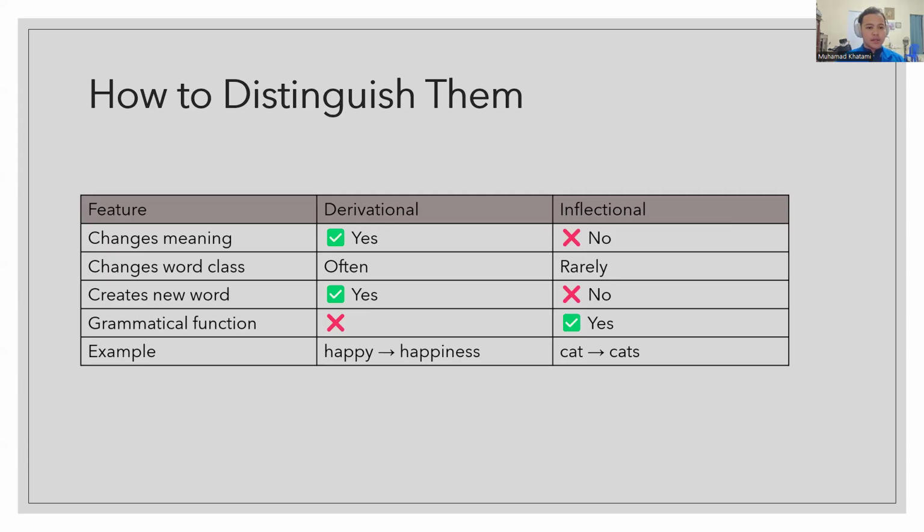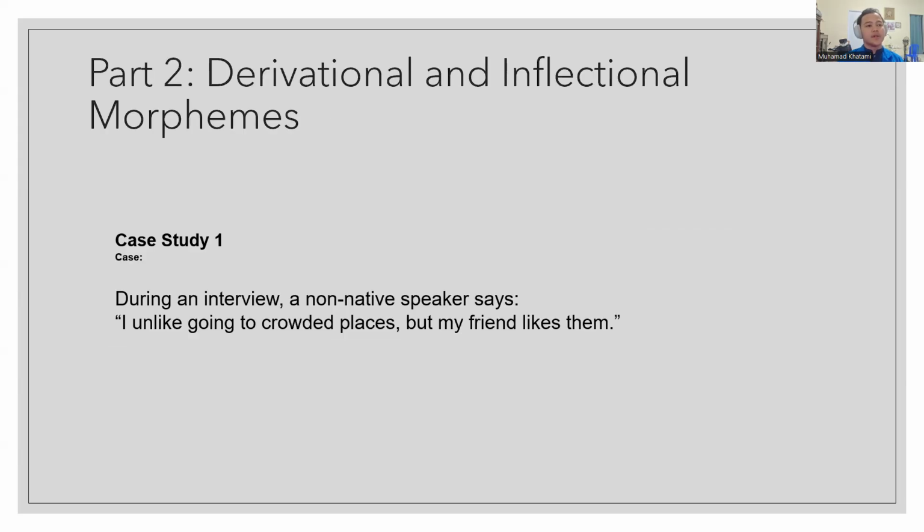And then for the example of inflection, cat is still the same word. It's still the same cat, but it's just changing the function to tell us that it's plural. It's not just one cat, but more than one cat. It's a plural. Now, part two, derivational and inflectional morphemes. This is where we will see 5 case studies, and